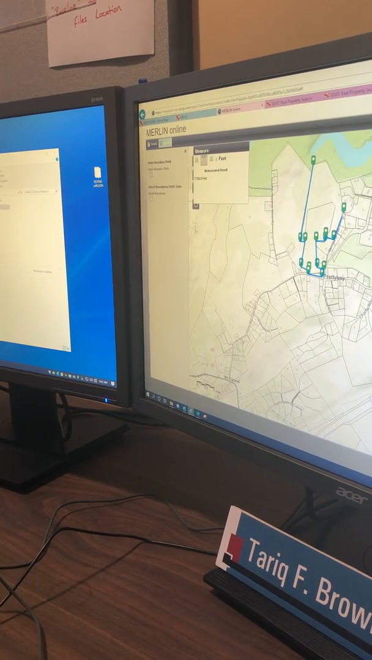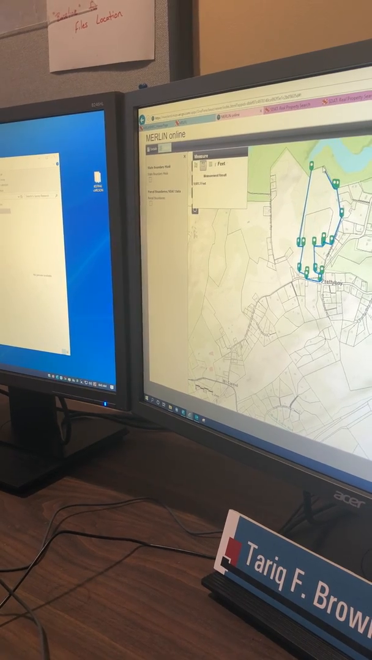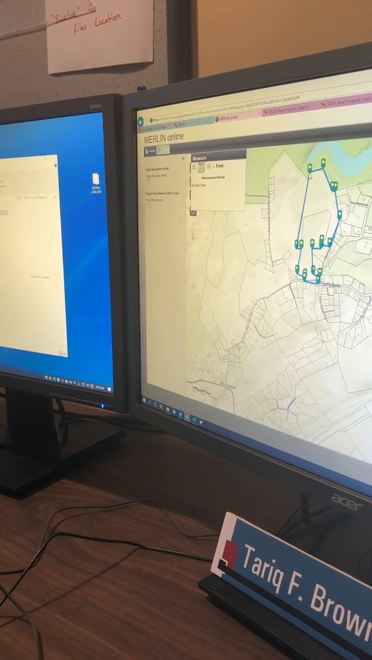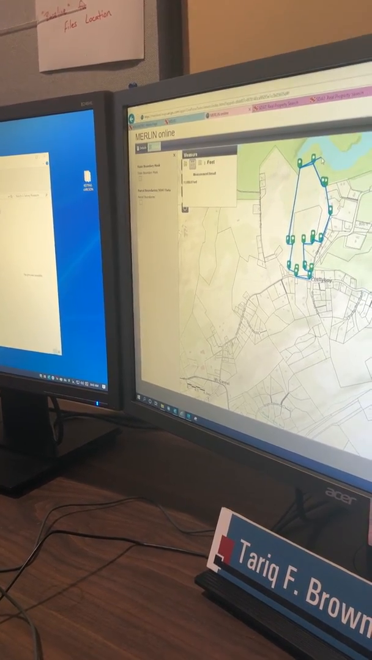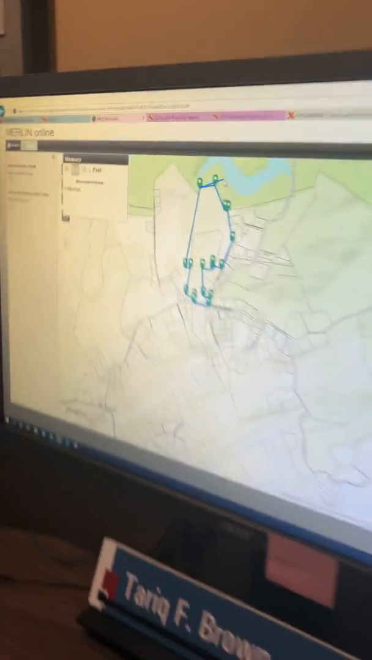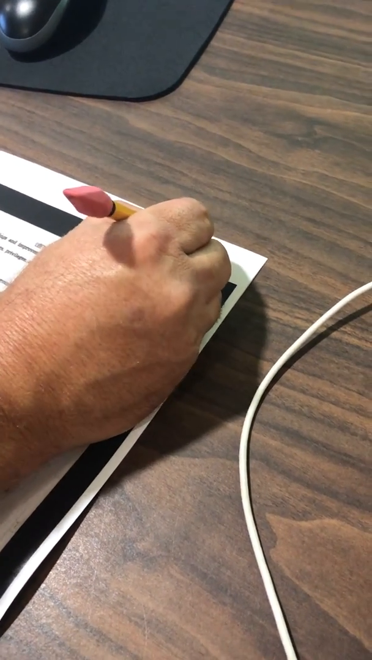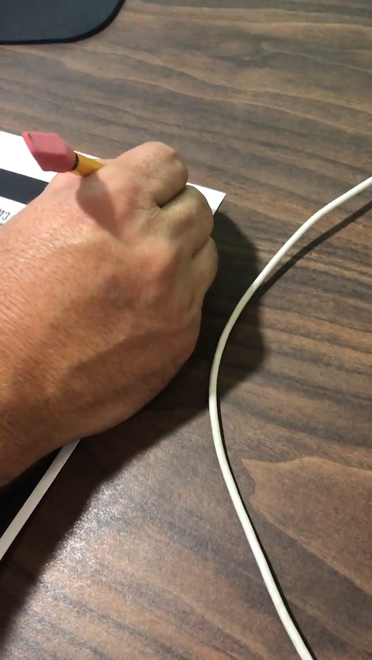am I running 2,000 feet? Am I running 10,000 feet? 11,000 linear feet of traverse. So I'll just put that around here, 11,000 plus or minus linear feet of traverse. So the other thing you want to look at here,